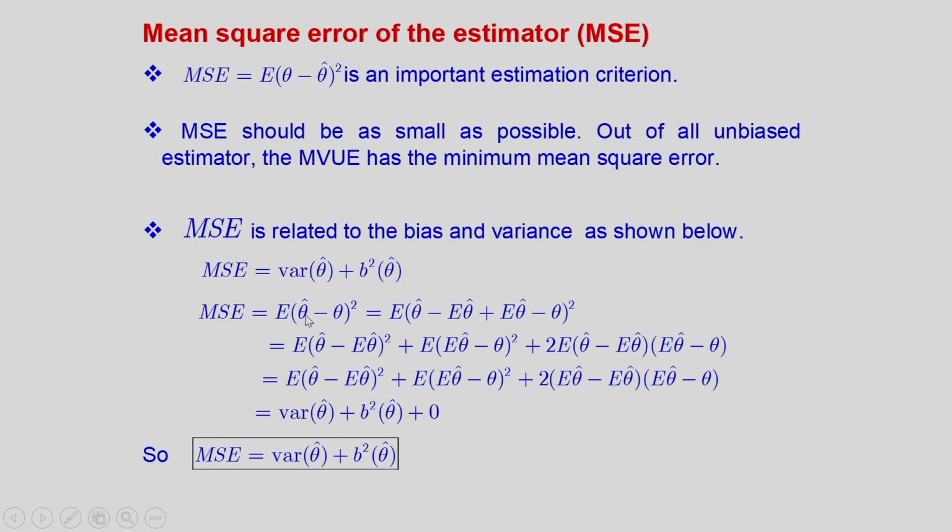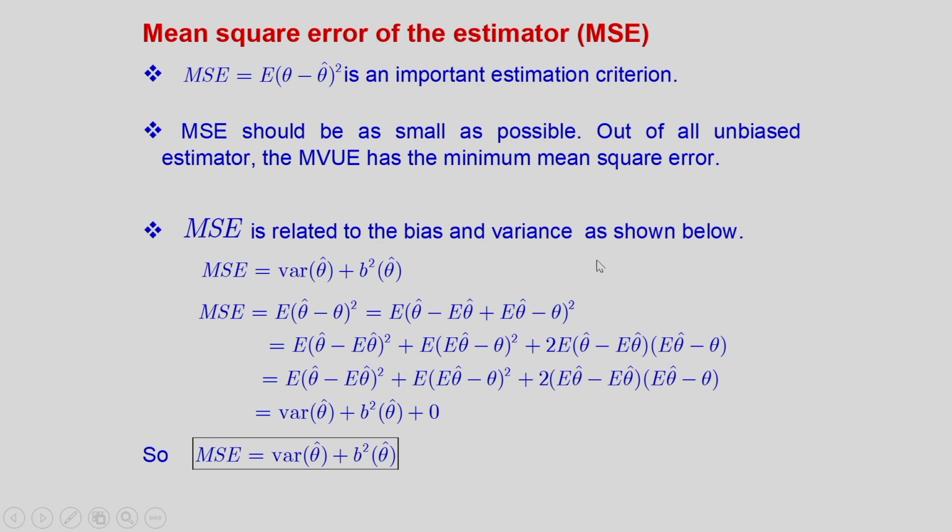MSE is equal to E of (theta hat minus theta) whole square by definition. That is equal to, now we can write, E of (theta hat minus E of theta hat plus E of theta hat minus theta) square. We are subtracting E of theta hat and adding E of theta hat. Now we expand it: E of (theta hat minus E theta hat) whole square, plus E of (E theta hat minus theta) whole square, plus twice the AB term, 2 E of (theta hat minus E theta hat) into (E of